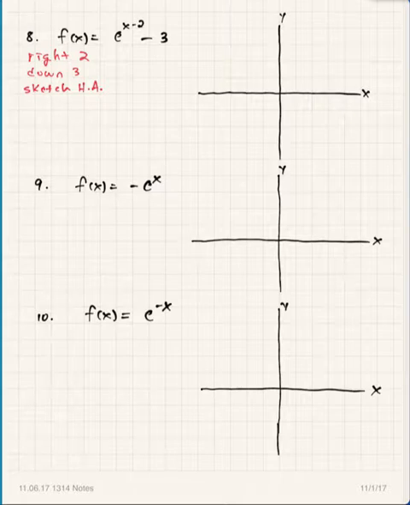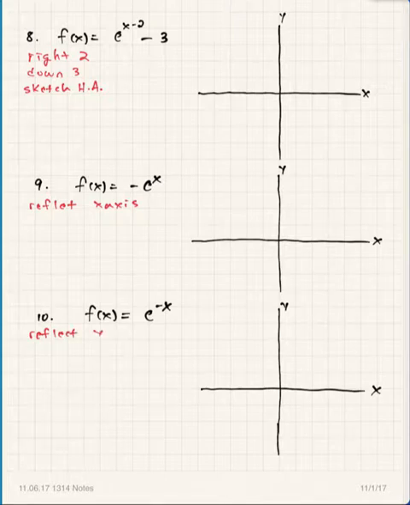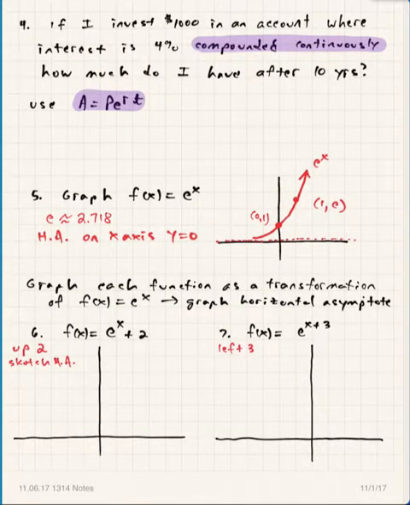Number 9, you have a negative sign in front of the function, and when that happens, you're just changing the sign of the y value. So remember, that's a reflection, and this is around the x-axis. And then finally, when you have a negative sign in front of the x, here you're reflecting around the y-axis. So it's a reflection kind of left and right rather than up and down. All right, so remember these last 5 graphs all relate back to the graph of e to the x, and there's the graph of e to the x right there. And so that's definitely what I want you to be able to deal with.